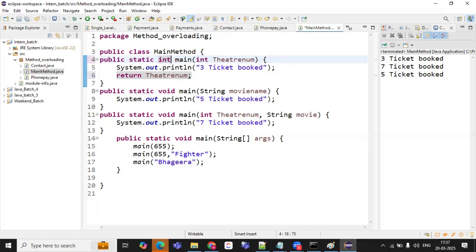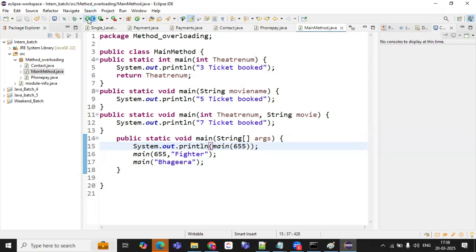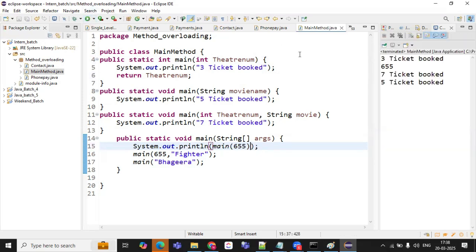It is of integer type, correct? If you are returning something, it goes to the place where we are calling the method. So what will you print? It will print the value. It is not saying that it will not print, but